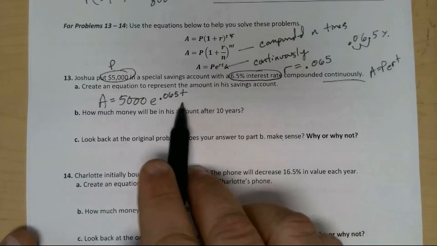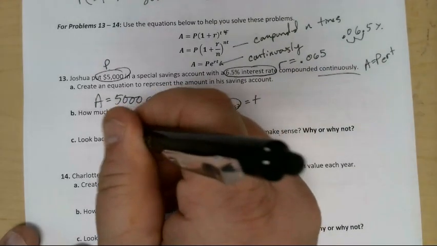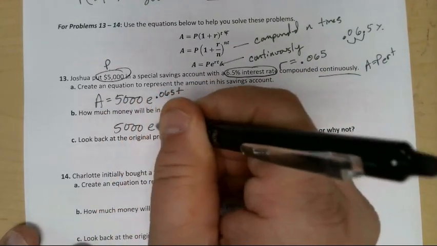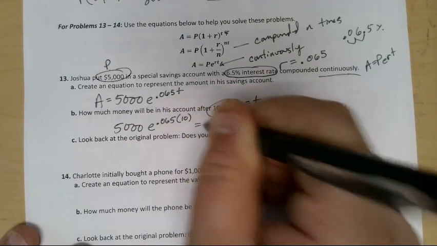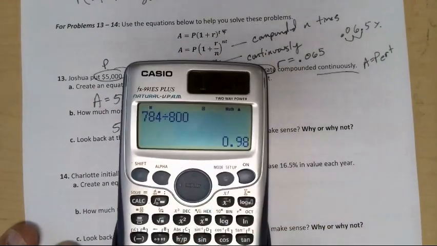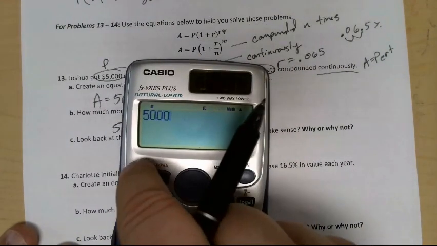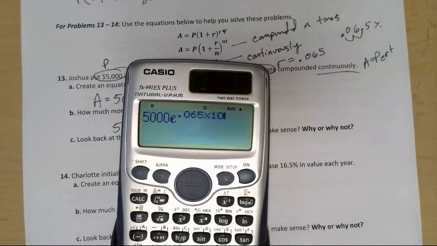Well, 10 years, that means that's a time. Okay, so if I go 5,000 times E to the 0.065 times 10, okay, so now I type it into my calculator. 5,000, shift that button. That gives me the E to the 0.065 times 10 equals